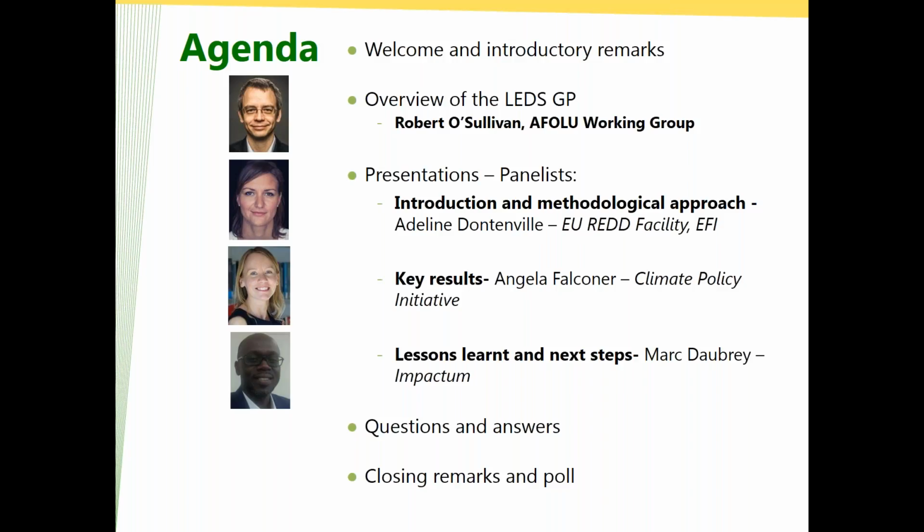It operates through a combination of regional platforms. There's a regional platform for Africa, another for Asia, Europe, Eurasia, Latin America, and the Caribbean. And there's also 6 cross-cutting technical working groups that cut across each of the different regional platforms. And those cross-cutting technical working groups are on AFOLU, agriculture, forestry, and other land uses, finance, sub-national integration, benefits, transport, and energy.